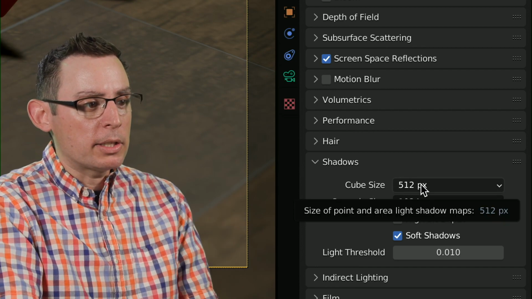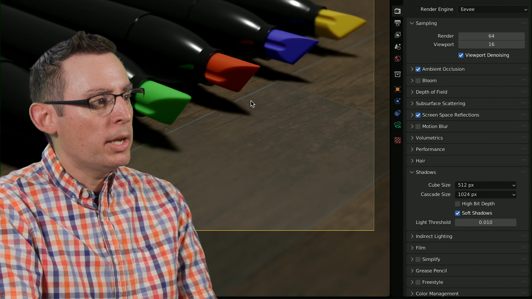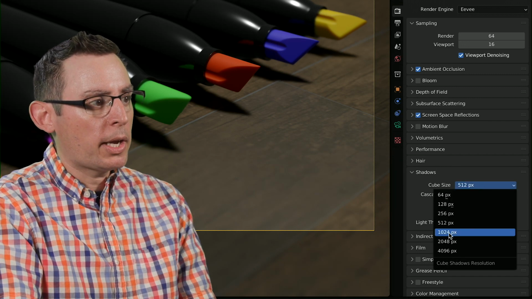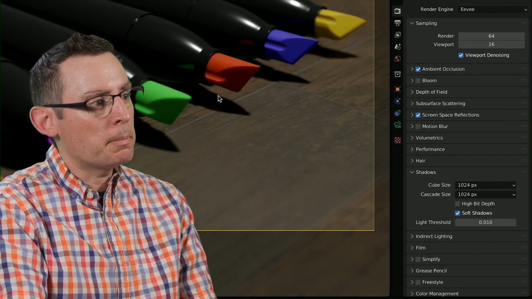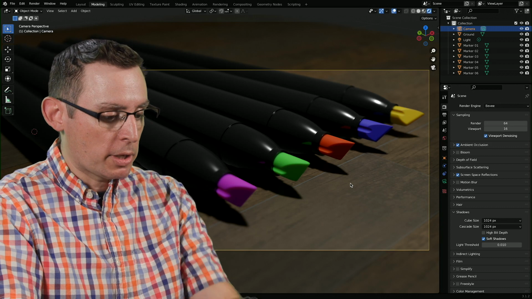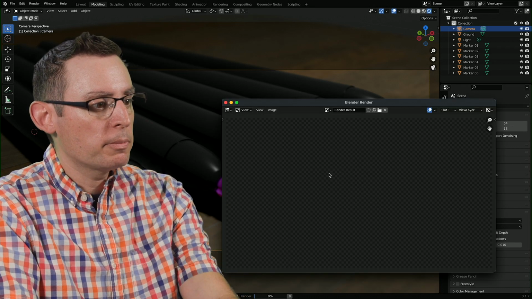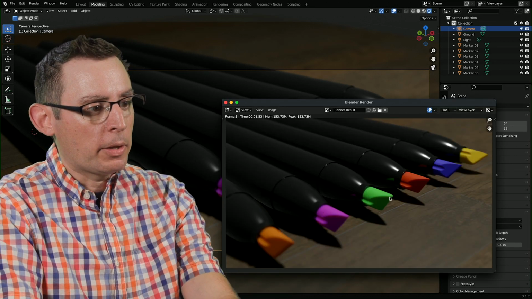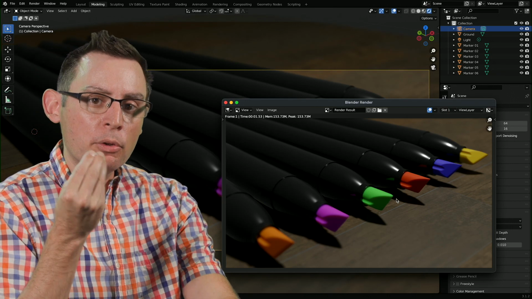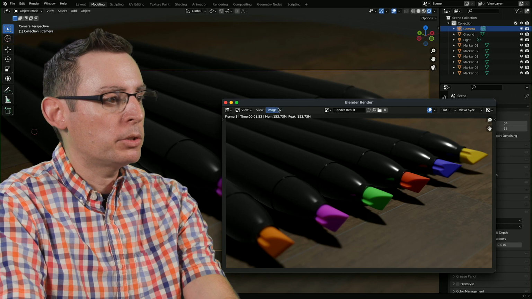If we increase it, look at it right now, you can just barely see it's kind of chunky. If we increase this cube size to 1024, it gets much more crisp. FYI, this is going to have an influence on our render time. Let's do it real fast. I'm going to render my image. Yeah, look at that. That's starting to look pretty crisp and clear. It's starting to feel a little bit more photographic, which is pretty great.